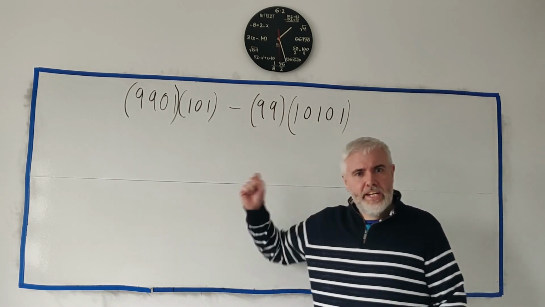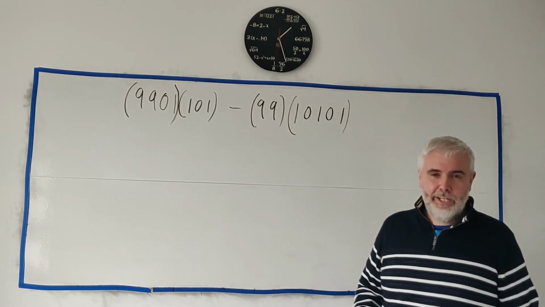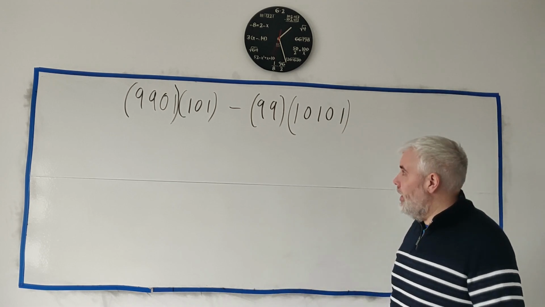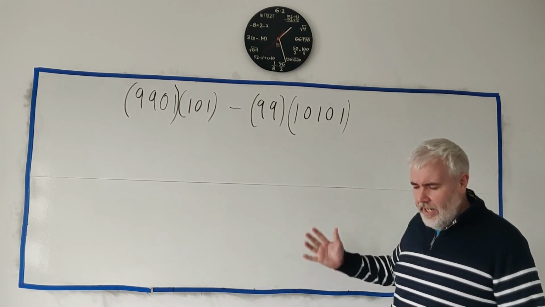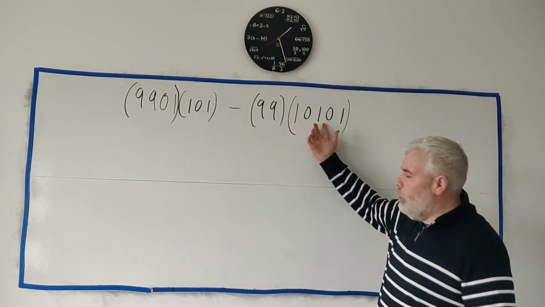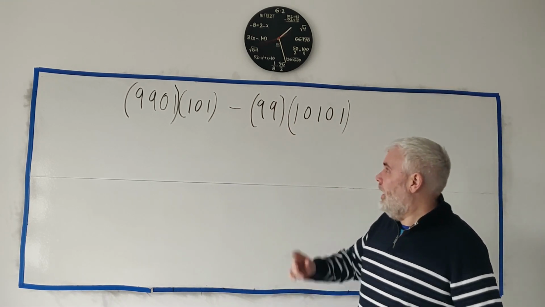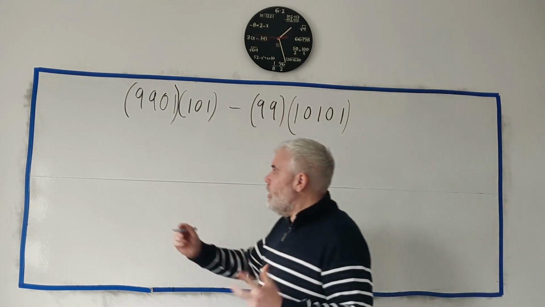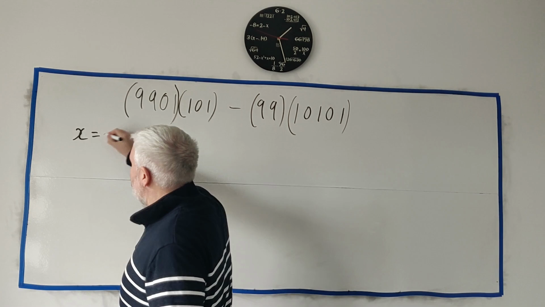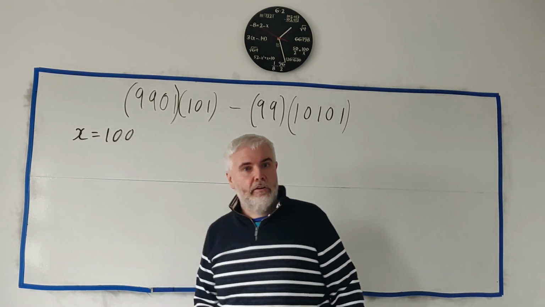Now, for a more interesting way to do it, and probably a little harder and a little more silly, I'm going to look at the fact that I see 100 a lot. Forget 99 because it's close to 100. 101, close to 100. A lot of things were multiplied by 100. I see hundreds everywhere. So let's go ahead and replace all these times we see 100 with the letter X